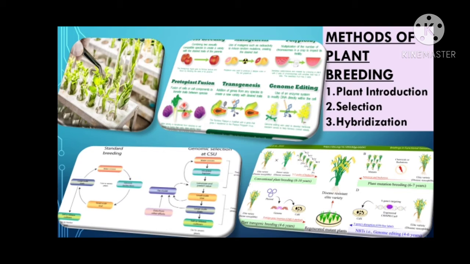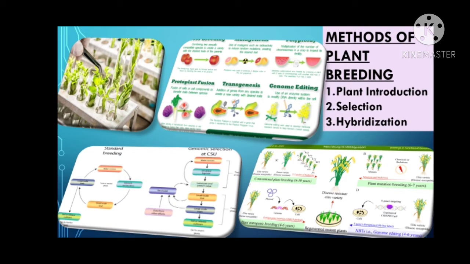Now, crop improvement has the following aspects: plant introduction, selection, hybridization, polyploid breeding, mutation breeding, heterozygous gene technology. Plant introduction. The process of introducing new plants from their growing place to a new locality with different climates is termed as plant introduction. The adjustment of such plants to their new locality is called acclimatization. The new crops or the new varieties may be introduced in form of seeds or cuttings.